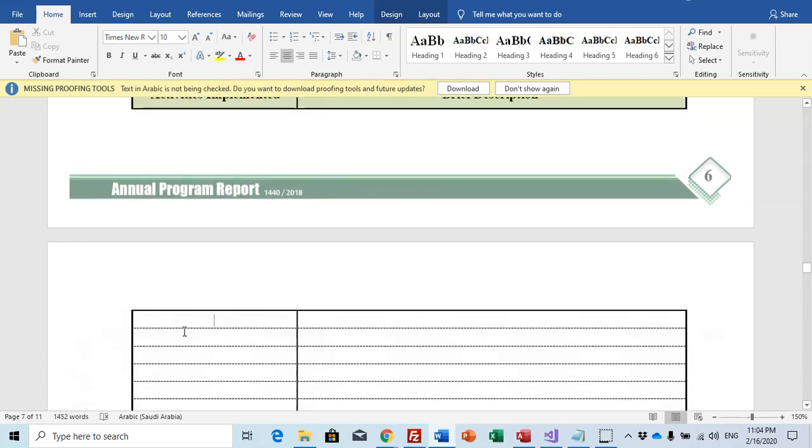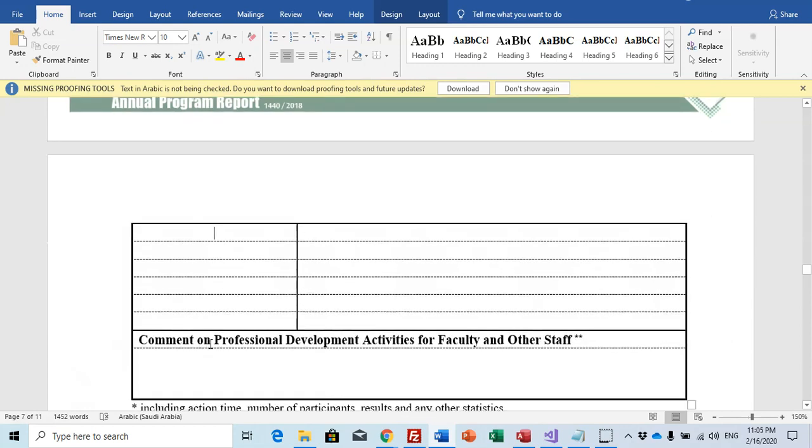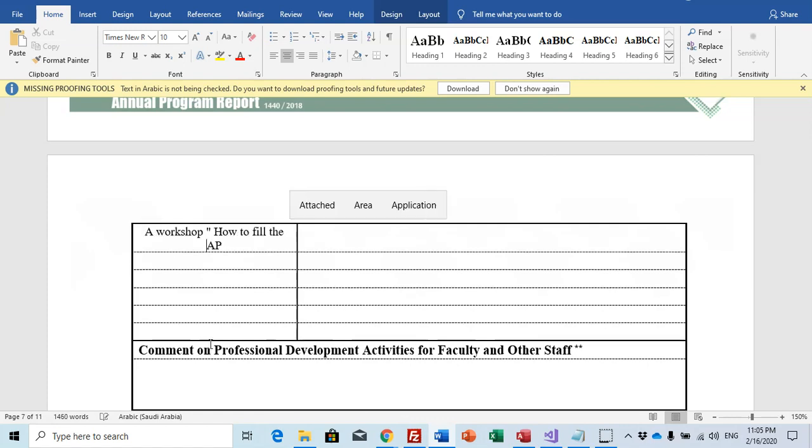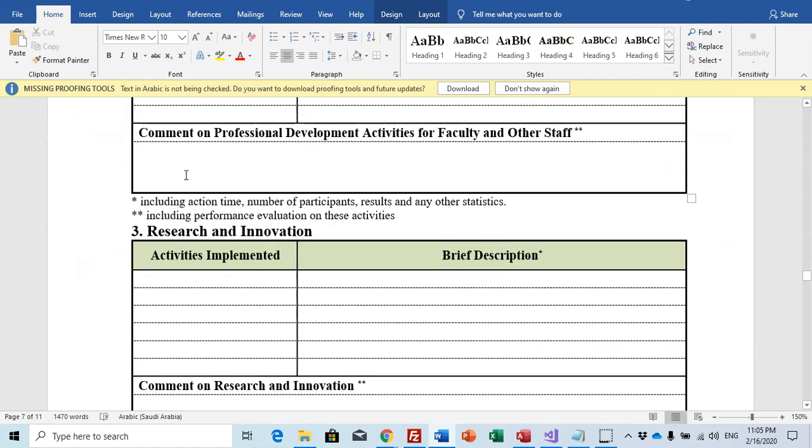For example, a workshop on how to fill the report, and you can write here, for example, the quality department, activity or workshop, anything, and you can write briefly here.